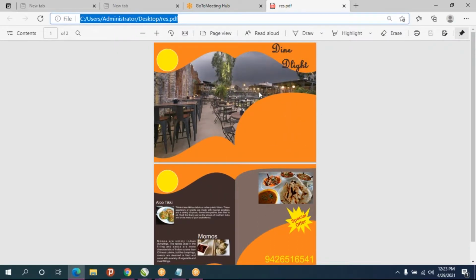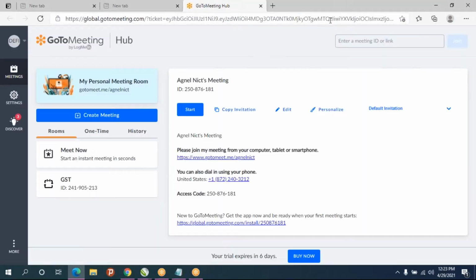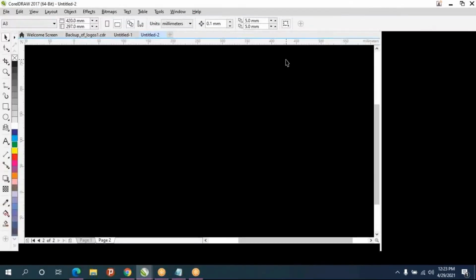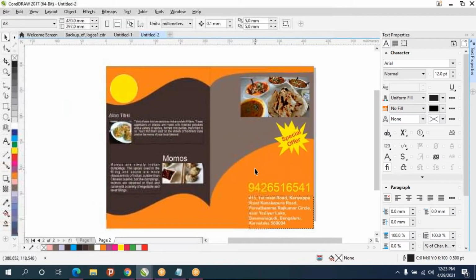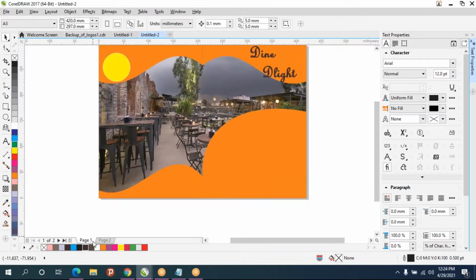You have to fill this area by adding some other flavors or some special things. So a lot of things you can do with this. So you can create any number of pages.